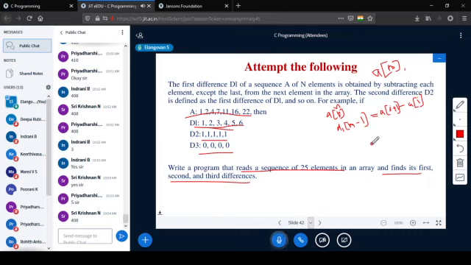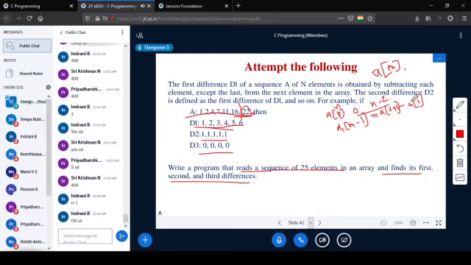What is the range we have to use? It should start from 0 to n minus 2. 0 to n minus 2 you have to take, that is the range. n minus 1 is normally the last element. If n is 7, then till 6 you would take, but here we should not take the last difference. So 0 to n minus 2 you have to run the loop. Is that fine?